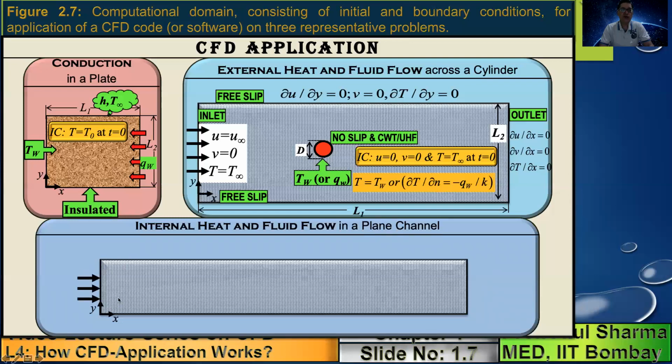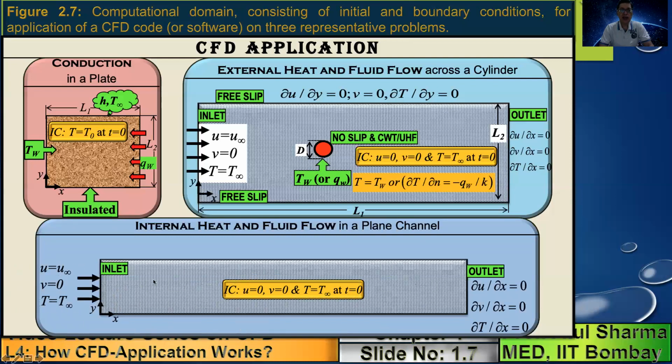Here there is a uniform flow at the inlet. So we know from fluid mechanics that this is the inlet boundary condition. And here we use an outlet boundary condition. We take the length of the domain sufficiently large that the fluid flow has become fully developed. All of you from fluid mechanics know that this is a problem where initially there is a developing flow and then finally the flow becomes fully developed.